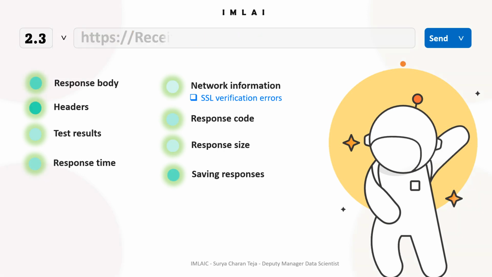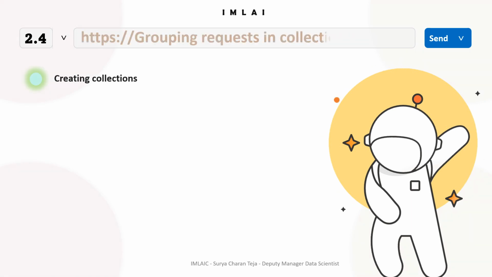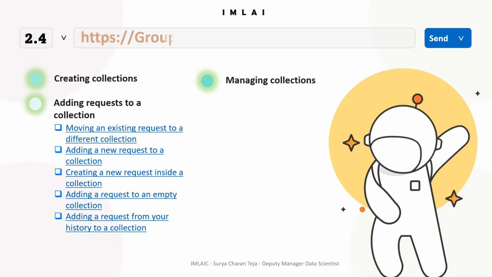Now let's investigate more about collections. So we'll start with creating collections, then adding requests to a collection, and we'll do the management of collections and